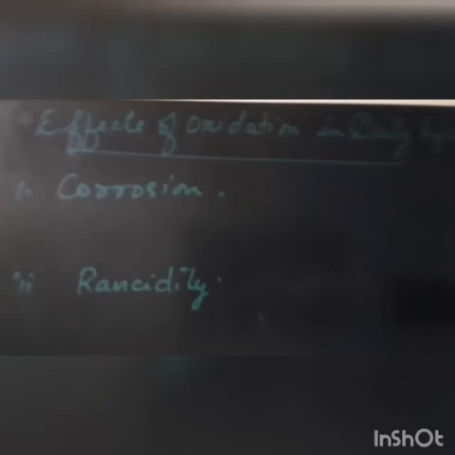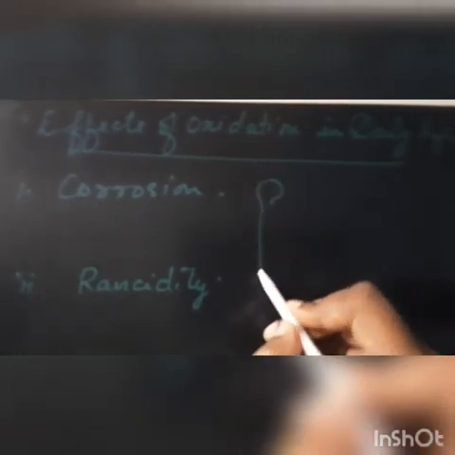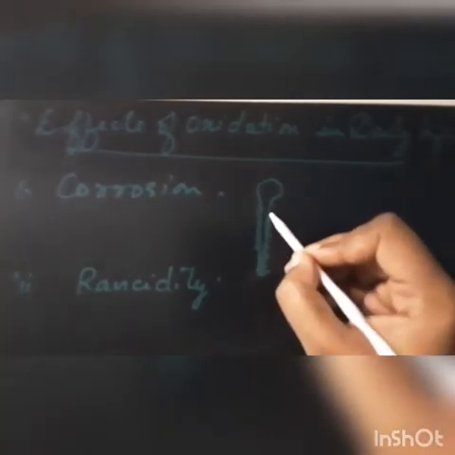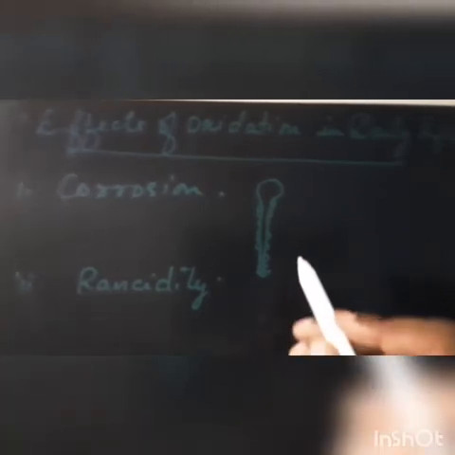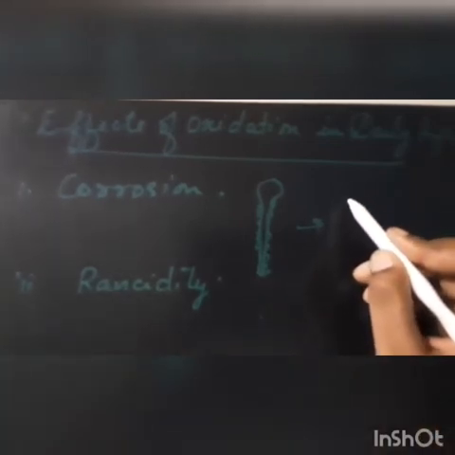I'll tell you with an example. Rusting of iron. You have seen a nail, right? After some time, if you expose it to the air, or after a monsoon season, you can see this nail has rusted. That means it is coated. It is having some coat around it. Hence you can say that the iron has corroded, or the nail has corroded.